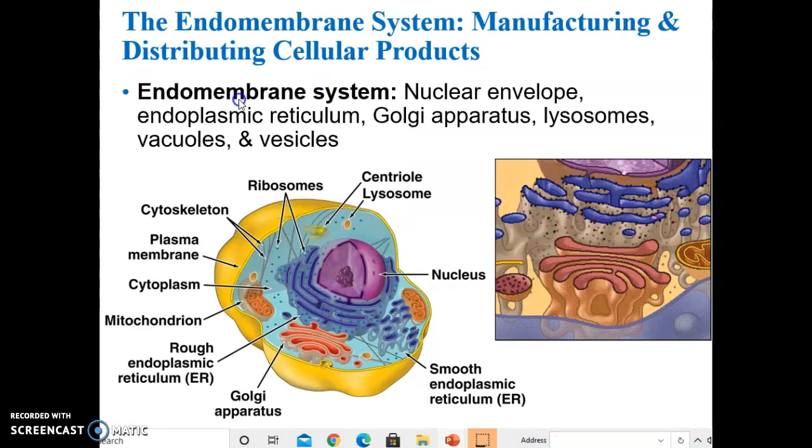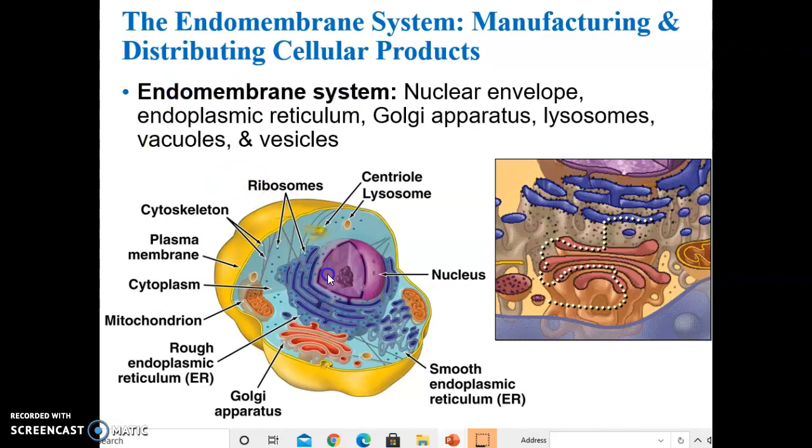I hope so. Okay, so within the cell, there are organelles that are membrane bound and part of the endomembrane system, a membranous system within the cell. Endo is internal. So the nuclear envelope is part of the endomembrane system, along with the endoplasmic reticulum. There's the rough endoplasmic reticulum, because it has ribosomes on its surface, and there's also the smooth endoplasmic reticulum that does not have ribosomes, and then lysosomes that bud off of the Golgi apparatus, which is also part of the endomembrane